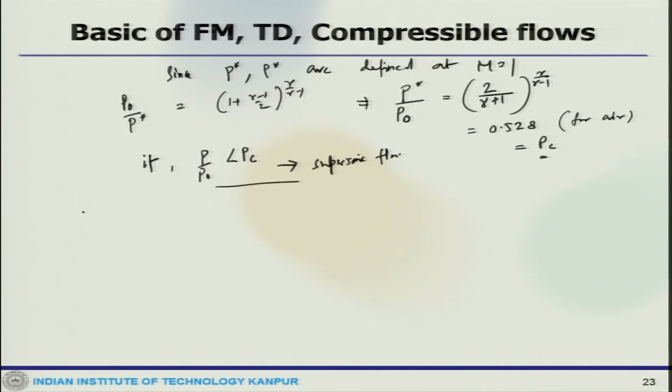Now, in a similar way we get for rho star by rho naught, which will be (2 by gamma plus 1) to the power 1 by gamma minus 1, which would be 0.634 for air. So, these are the